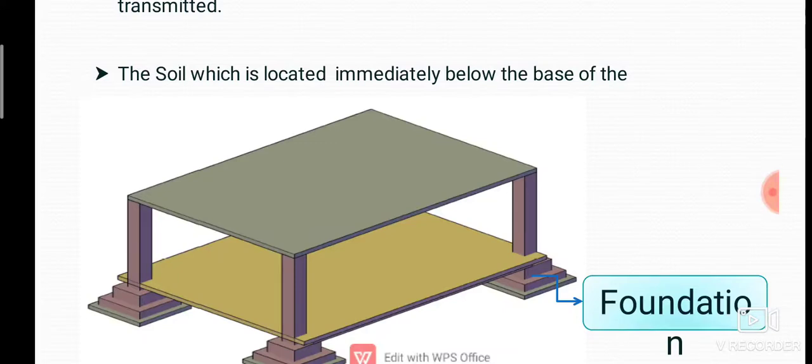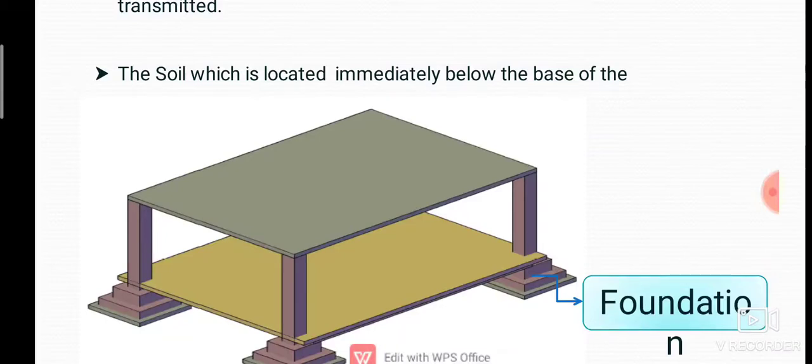And next about the structures: load bearing structure, then frame and composite structure. In the load bearing structure, each wall is a structural member and the weight of a slab is carried by walls and transferred to the foundation. Frame structure, the walls are not structural members. I already told you that in a frame structure, the wall only acts as a partition member,